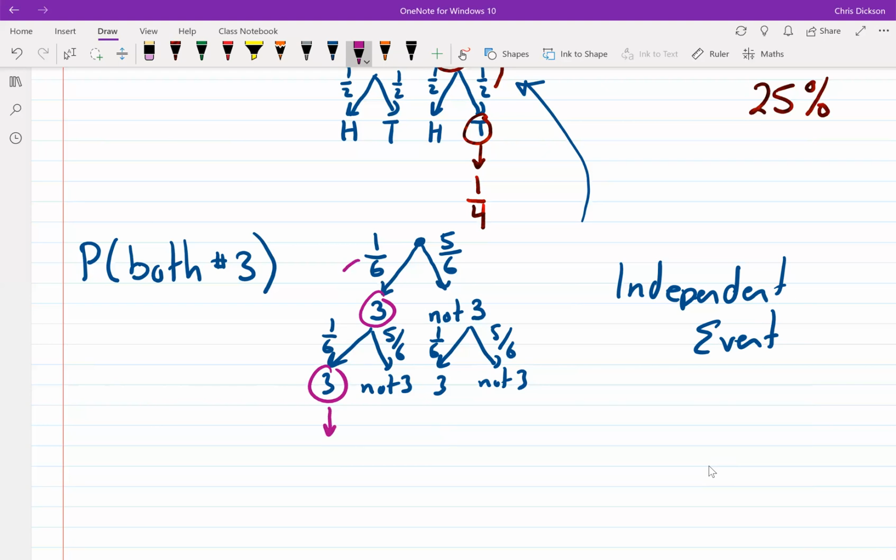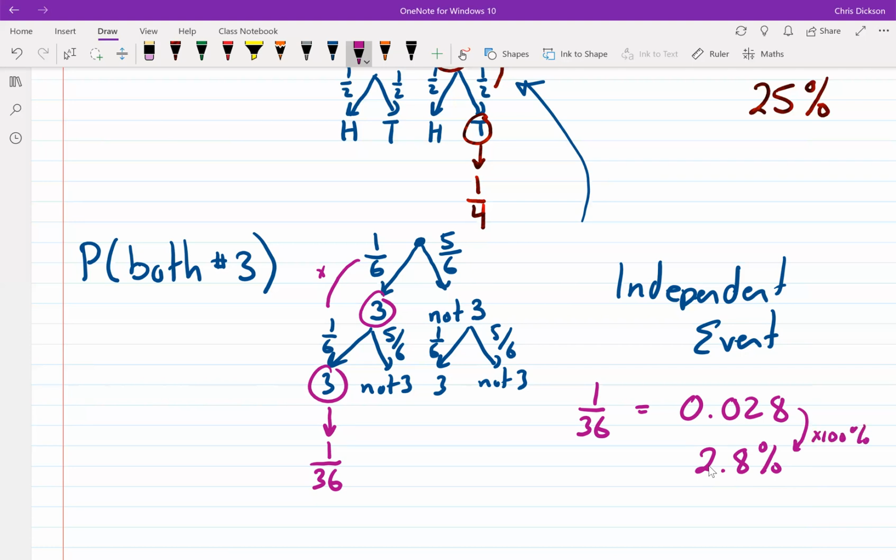So I have 1/6 times 1/6. So 1 times 1 is 1 out of 36. So that is a probability equal to 1 over 36. And if I convert it to a decimal, it's not as easy, obviously, as the other question. So 1 divided by 36, it's about 0.028, roughly, which means about a 2.8% chance to have that occur. Okay, so once again, if you're going from decimal numbers to percentages, you just times it by 100%. So getting 2 3s in 2 rolls of a dice is very, very unlikely.